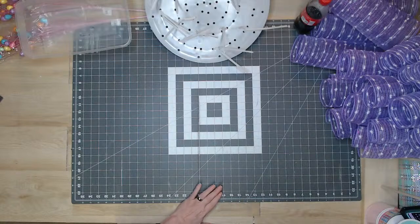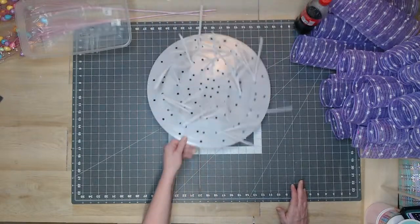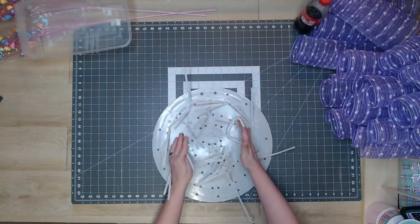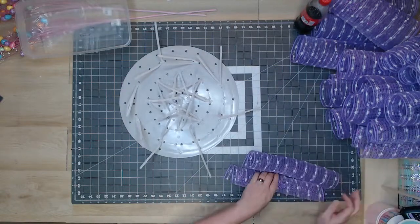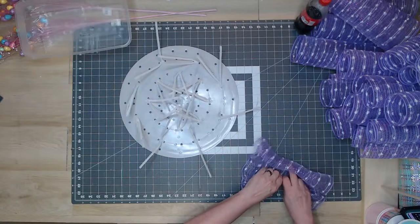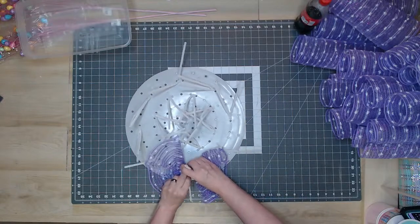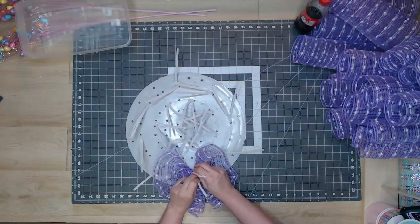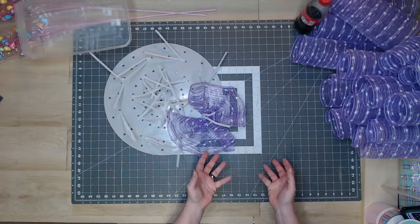16 pieces of mesh, cut 20 inches. And we're going to ruffle our little heart out. Now I put my mesh ruffle on curl side up, and the reason I do that is so that my mesh and my base will be nice and floofy. I want a floofy